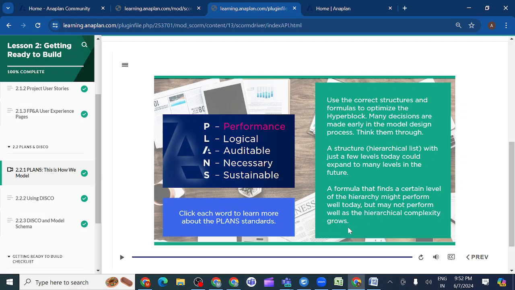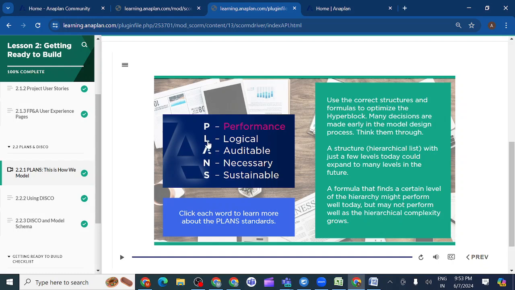So that is the reason we should think about how the formula will work. We should think and create the formulas whenever we are building the model. In different modules we should use the proper structures, follow the rules we have, and go through the reason why we are using each formula and structure before building it. So this comes under performance: we should use proper structures and formulas to improve the model performance.